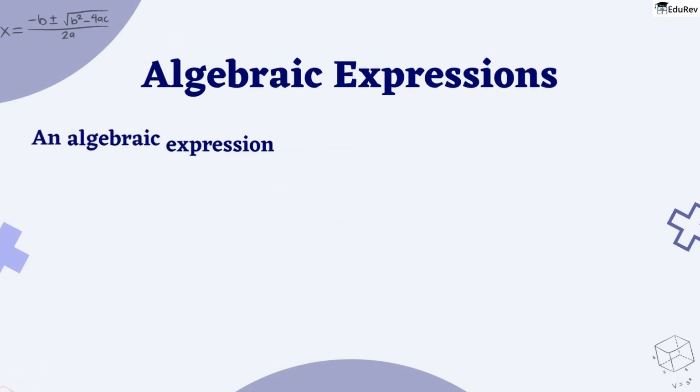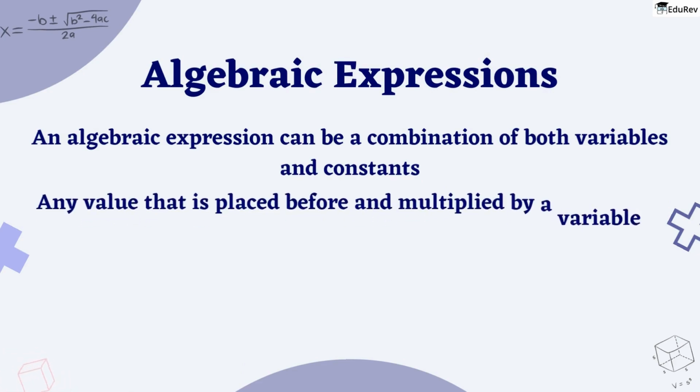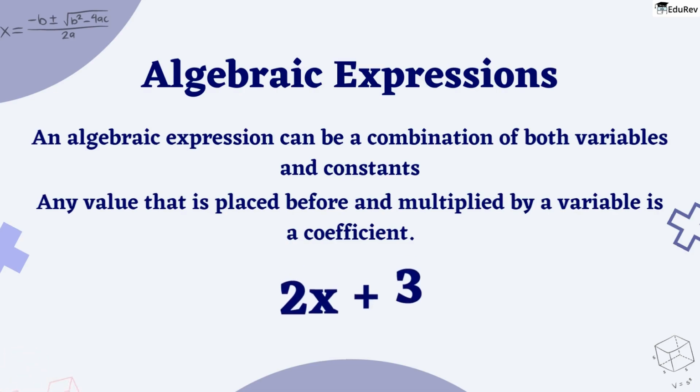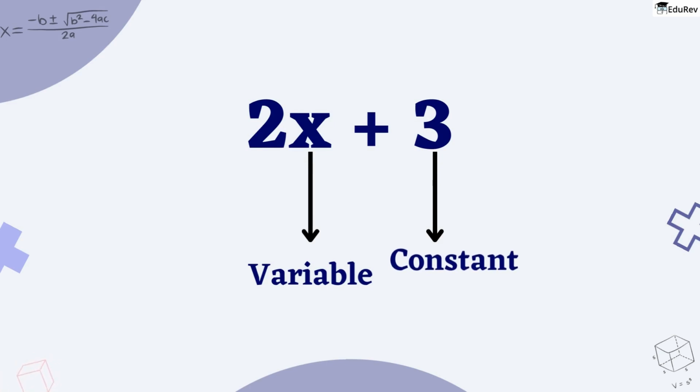An algebraic expression can be a combination of both variables and constants. Any value that is placed before and multiplied by a variable is a coefficient. For example, 2x + 3 is an algebraic expression where x is a variable, 3 is a constant, while 2